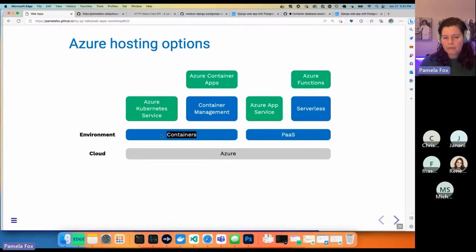We also have container options. These are if you really like working with Docker and containerizing your application; this is what you're going to want to look at. So there's Azure Kubernetes Service, which is Kubernetes, but managed by Azure. And that's if you enjoy managing Kubernetes. I actually have never managed a Kubernetes service, so I have never used that myself, and I don't really want to. I'm not really a sysops person.